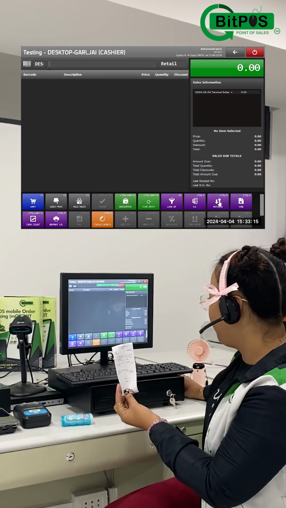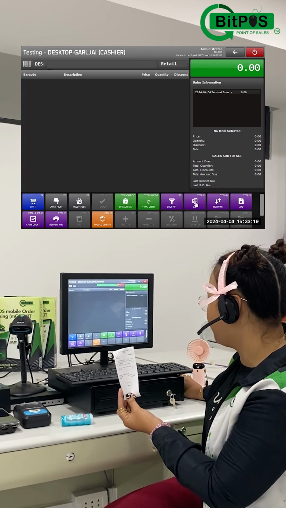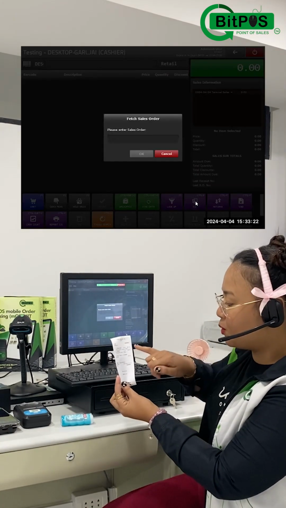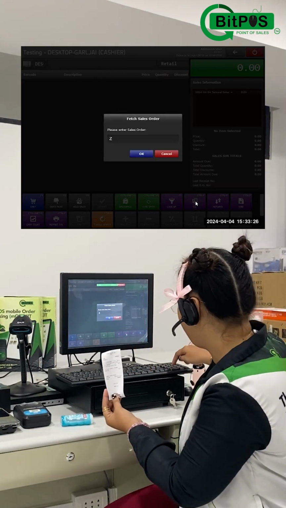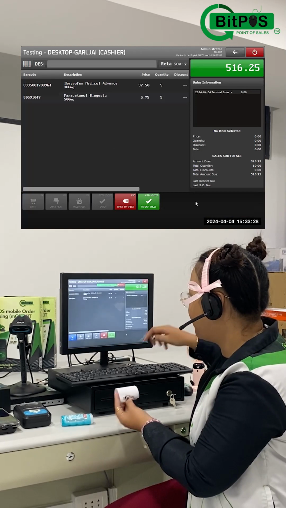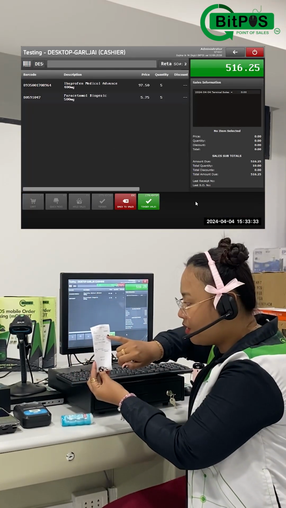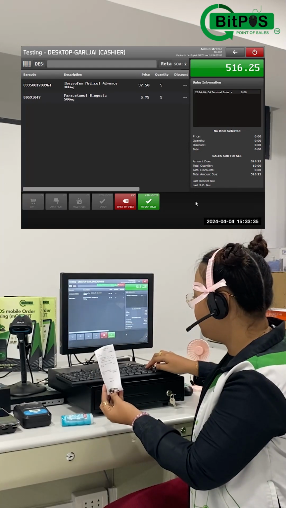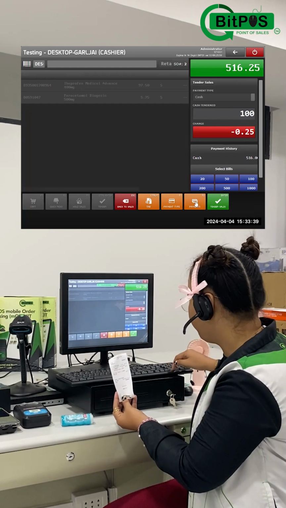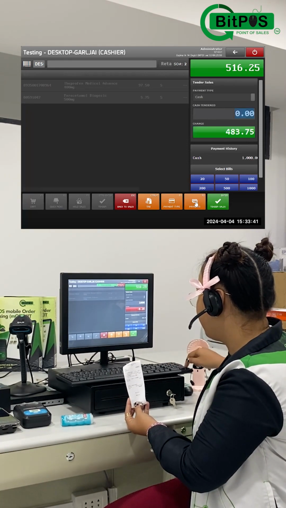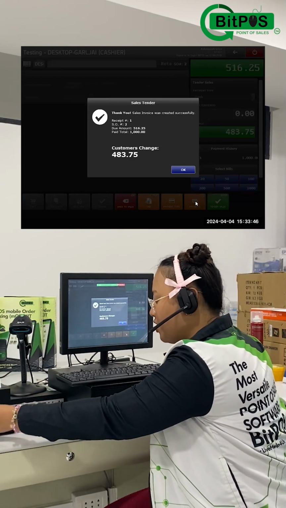I just tap Control F. We have a shortcut key in the keyboard for SO. And then I'll just put 02 or you can just automatically put number 2. And then tap OK. As you can see, all products are already here. The same thing that we have here on our order slip. This is where we do our tendering process, input the money of our customer, and then tender until our receipt will print.